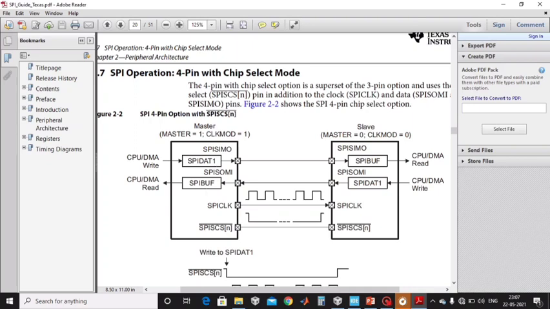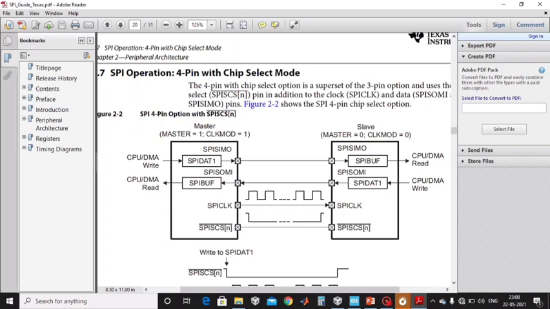After then, this is the SPI SOMI, that means serial peripheral interface slave output, master input. So this is the slave output pin. Assume that these two devices are connected through SPI bus and they are sharing the data. So this is the SOMI pin, that means slave output master input pin. So the data which the slave wants to send to the master will be shared on this pin.